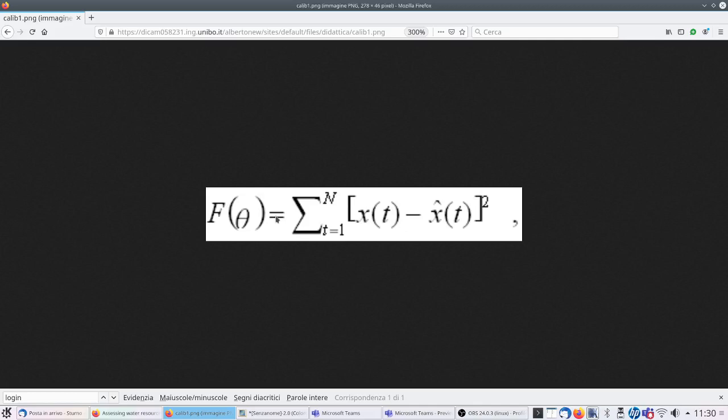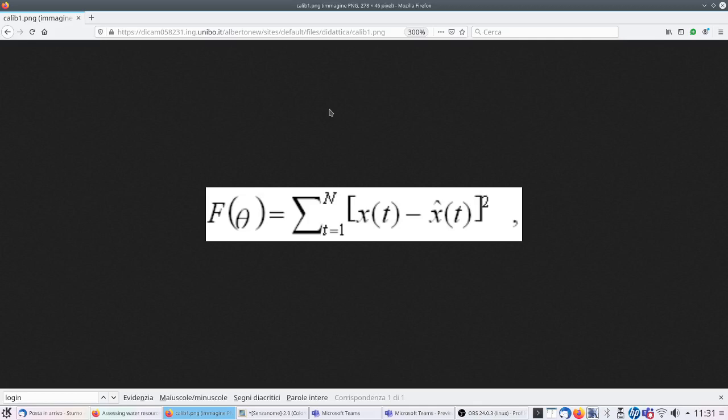quantifies our objective. Here, f is a function of theta. Theta is the parameter vector of the model. And then on the right-hand side, you have the difference between observed x_t minus simulated x hat t, which is squared. And then you sum over all the available data set. N here is the sample size of your data set. It's the number of observations that you have. Again, this is the sum. It's called sum of squares objective function,